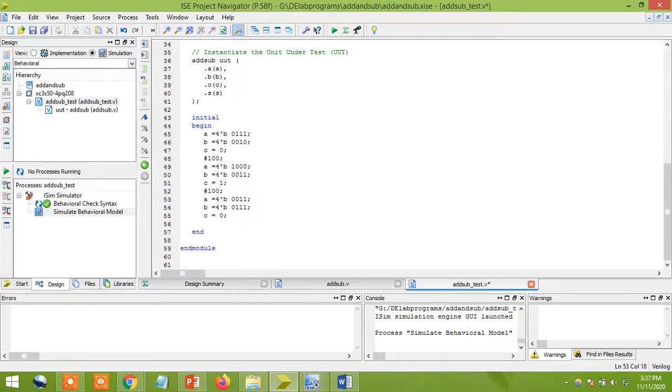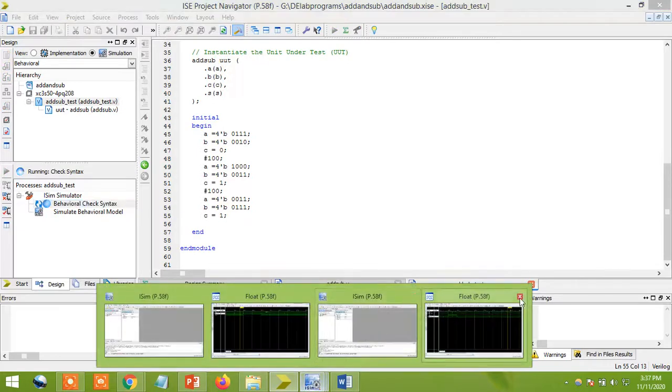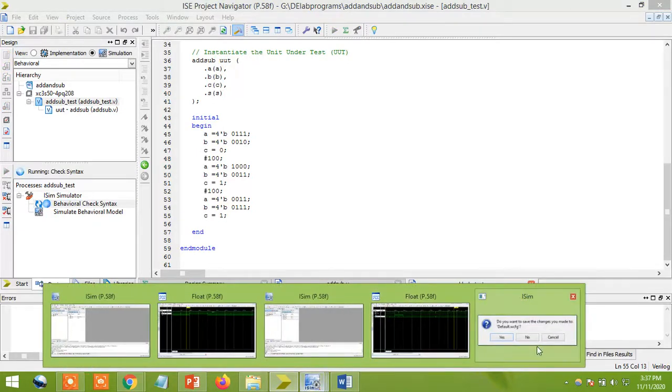If I do 3 minus 7, on that condition I'll make my C value 1, means I need to do the subtraction. Now verify that one: 3 minus 7, what is the value you'll get? Just save, just close this window first.